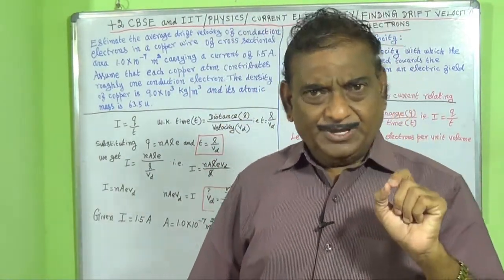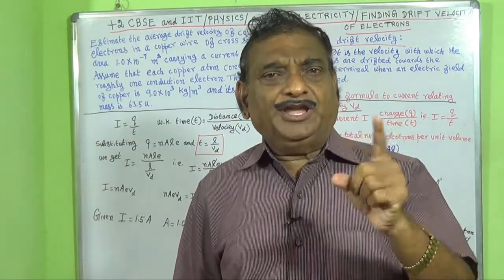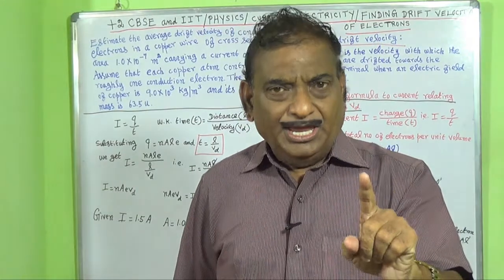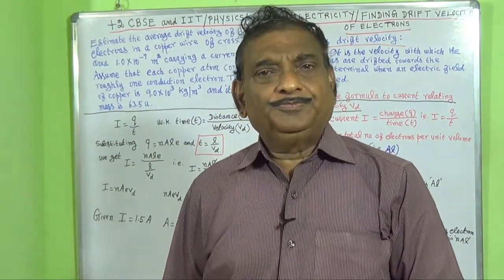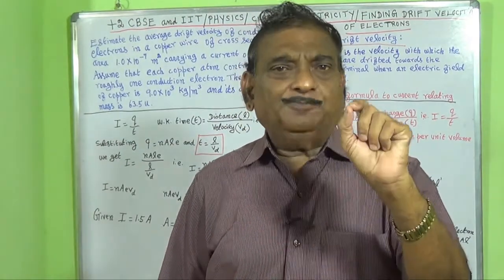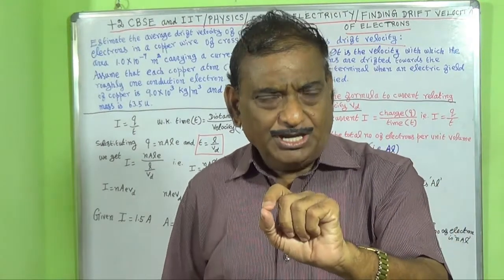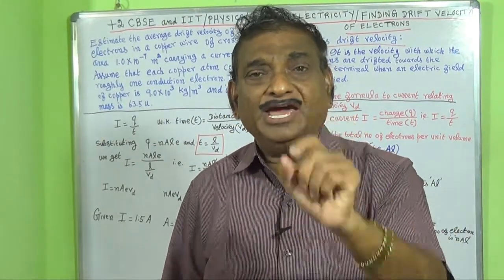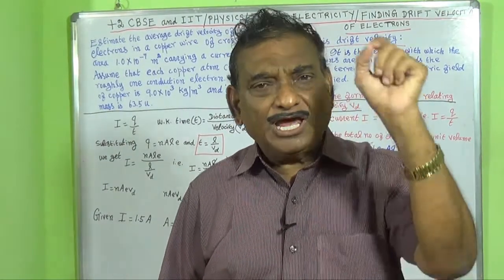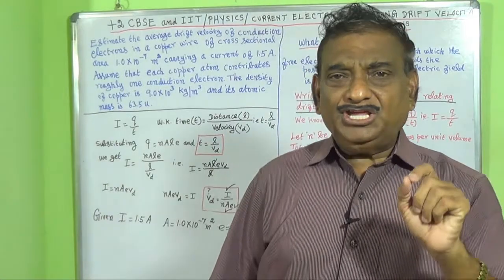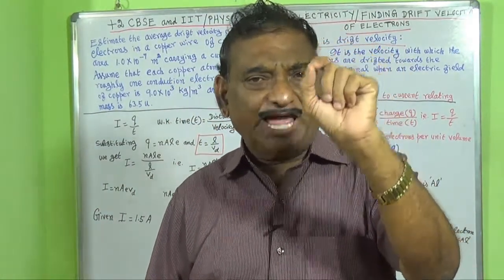We know that there are two formulae we have studied to find the drift velocity, that is Vd. What are they? The one formula to find the drift velocity is capital E small e by m tau. What is capital E? Capital E is nothing but electric field. What is small e? Small e is the charge of an electron. What is m? M is the mass of an electron. What is tau? It is the average relaxation time.